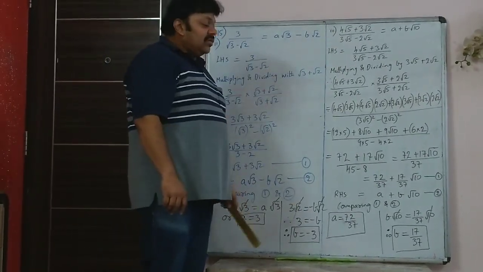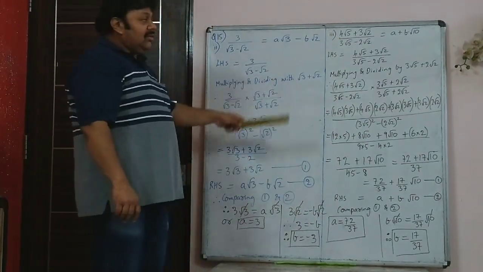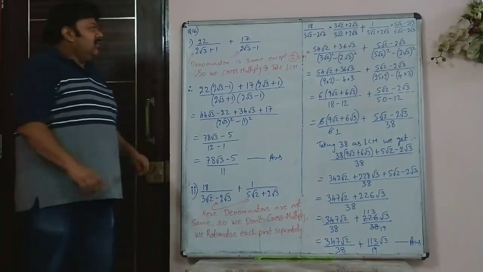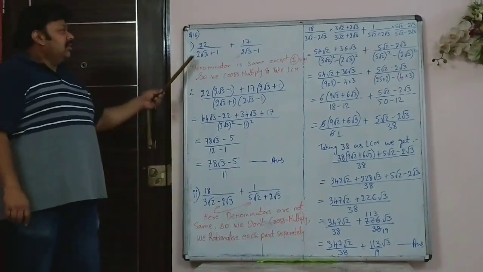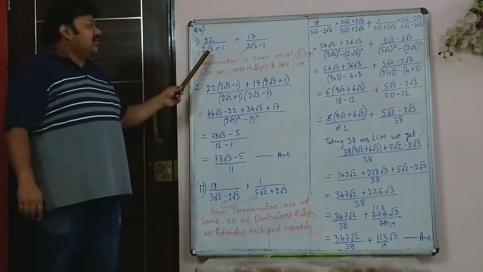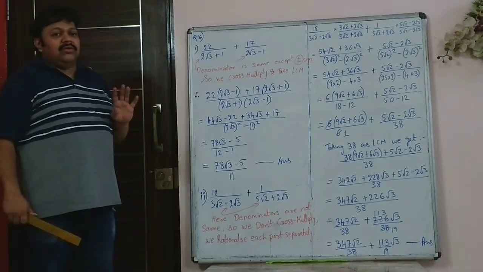So that's how you do these sums. These sums are important. Sums like this are bound to come in the unit test. So here in question 16, you are just asked to simplify this. Simplify means when you see this sum, immediately you should know that the denominator should not have any root.